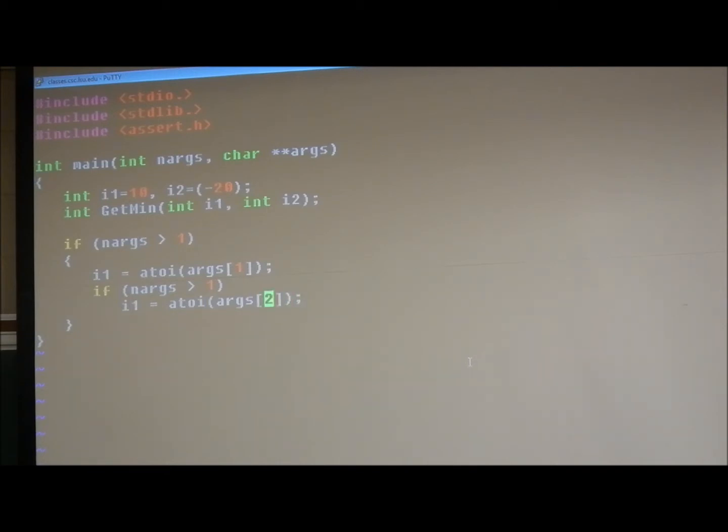So far all I'm doing is setting some default values and reading in from the command line. If the user has given me command line arguments, if there's at least one, I'll take i1 as the argument. If I have more than one argument, then I can also set i2,